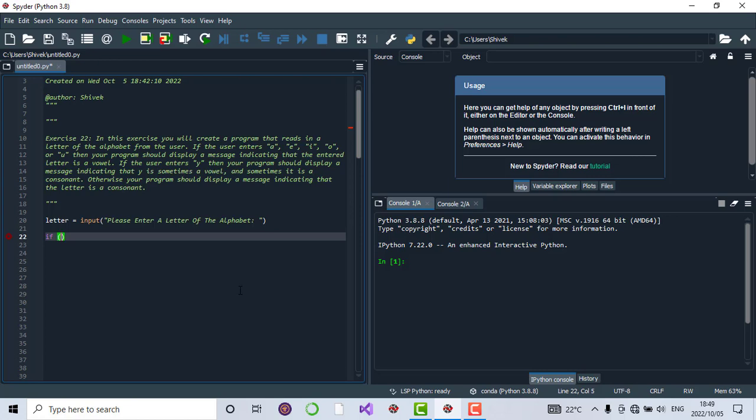Now, using some if-else statements, let's proceed to cater for the different conditions. The first thing they tell us is that if the user enters A, E, I, O, or U, so there are several conditions here that are all grouped into one. So let's cater for one at a time. Essentially, if letter is equal to A, that's the first condition. Or, all right,